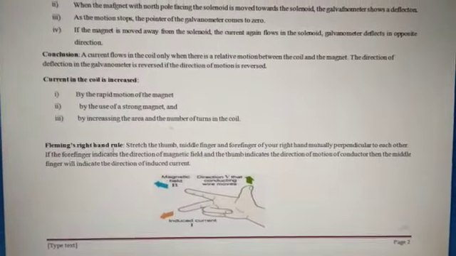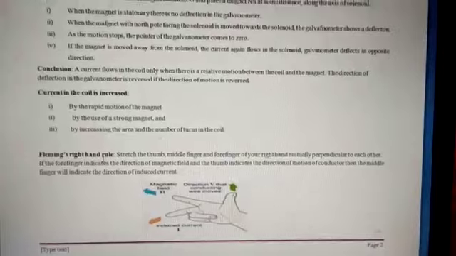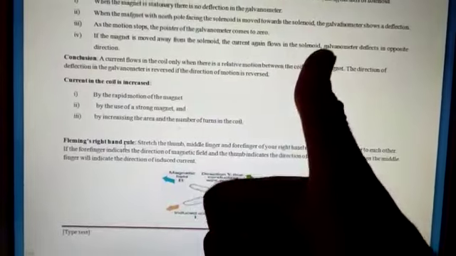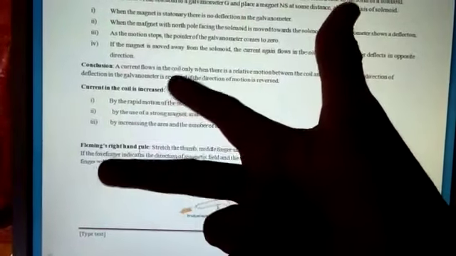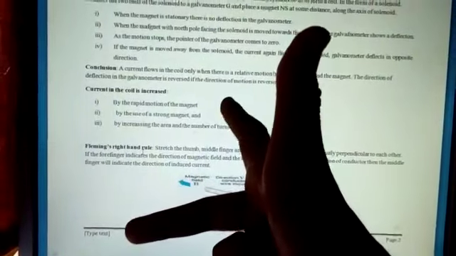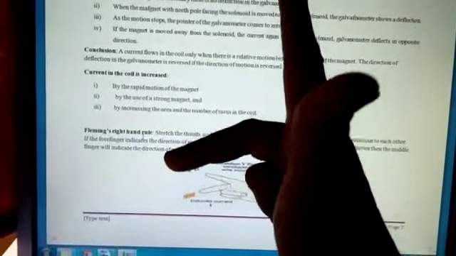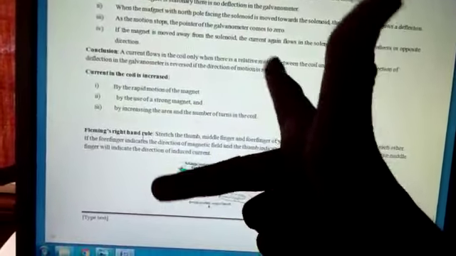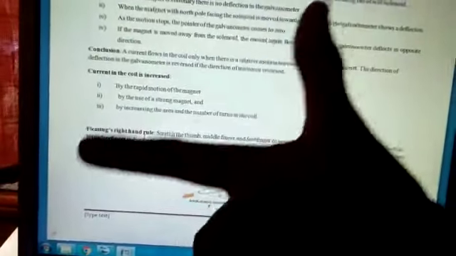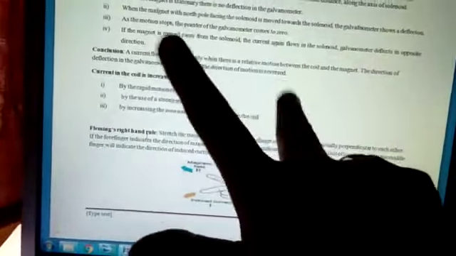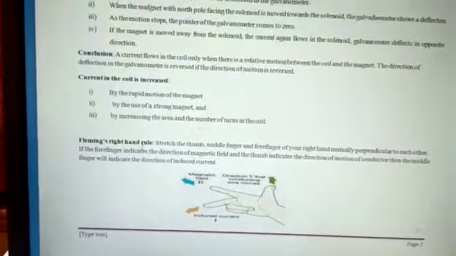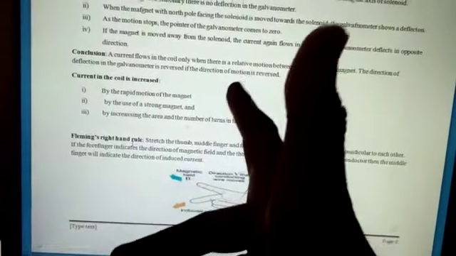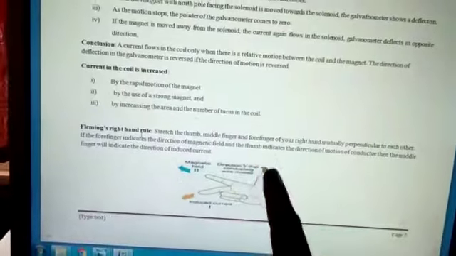Now, Fleming's right hand rule: just hold your right hand with the fingers perpendicular to each other. Which are the perpendicular fingers? Thumb, forefinger, and also the middle finger. Perpendicular to each other means like this. We can hold in this manner. These two are perpendicular, and you can consider these two are perpendicular to each other. Each and every one is perpendicular to each other. Which fingers? Thumb, forefinger, and middle finger, like this. Here is the diagram.